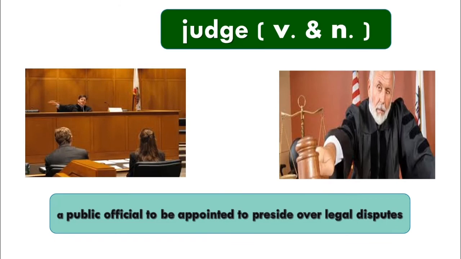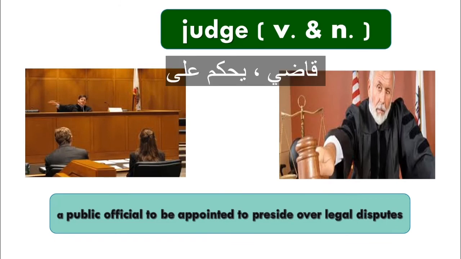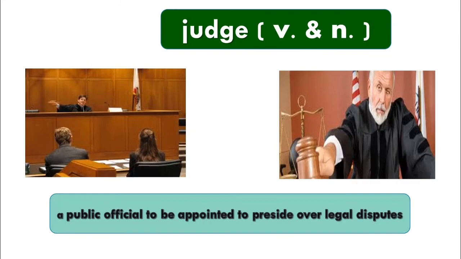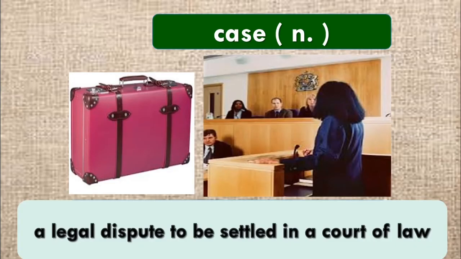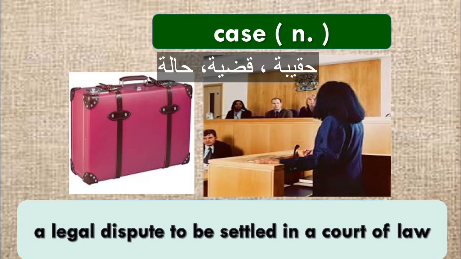Next word is judge. This is his job. We call him the judge. Or if you use it as a verb, it means to form an opinion about someone. You say this person is not intelligent, this person is active, this person is lazy, for example. So you say here, you judge him. The next word is case. Case is the bag where you have your clothes, or the case in court where you have a criminal, and a judge and a lawyer, and you have a case. Like in court.